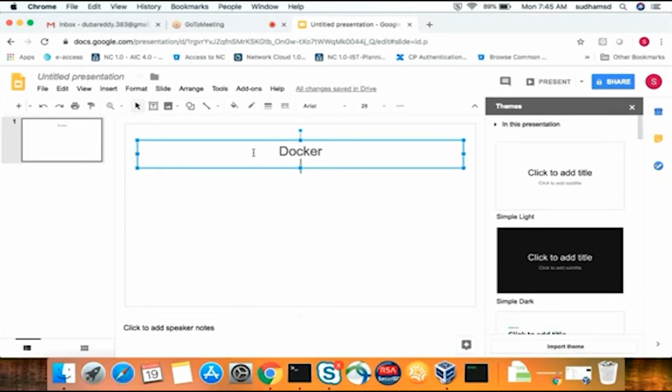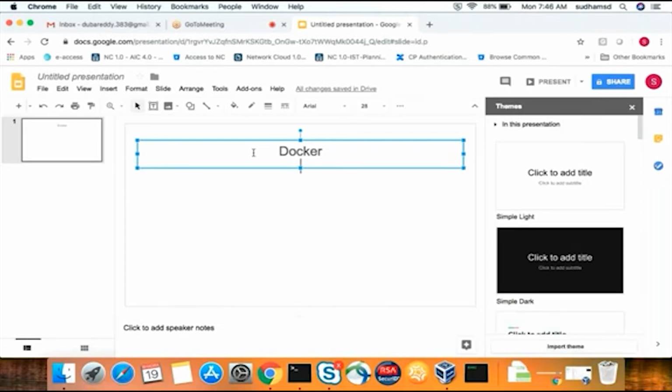And after that, how to create our own images. Initially you will be pulling the images from Docker Hub. Docker Hub is a centralized repository where everybody will push the images. Our Docker command will communicate to Docker Hub and then try to pull the image. If it is not available, it will say image is not found. That's how it works. You can also push your own customized images to Docker Hub. We will see that part.